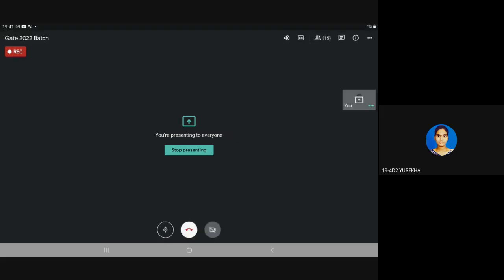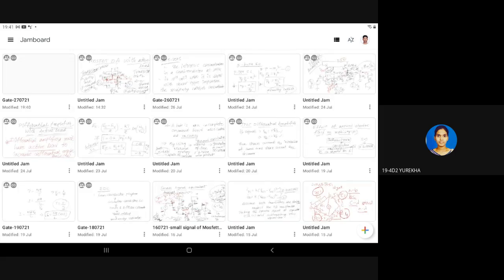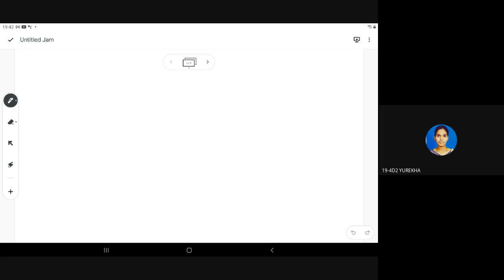Okay, all of you can see the screen now. Okay, fine. I will write a question, just solve it now. So the question is, in previous year IES questions they have asked, so just solve this question. Oh, no, no, in the GATE exam only they have asked it. Okay, GATE exam, that IES question I will post. Now, is the screen visible? Yes, sir.